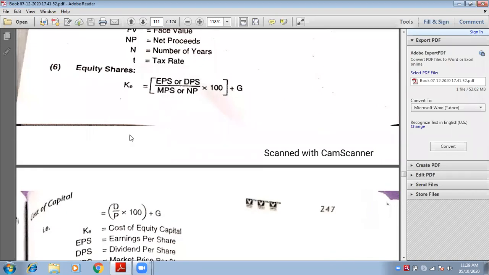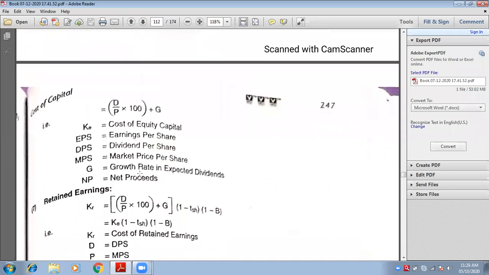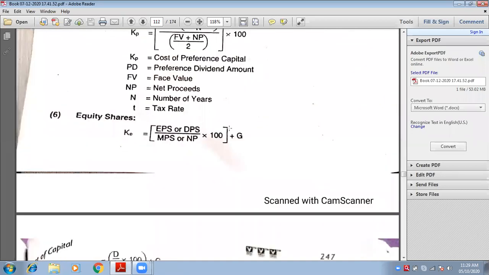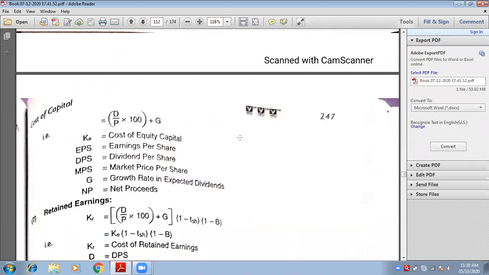आप अभी मैं आपको डिटेल में, आपको अगर आएगा ना ये पॉइंट इक्विटी शेयर्स का केई वाला, तब मैं आपको बता दूंगी ईपीएस क्या होता है, एमपीएस क्या होता है, डीपीएस क्या होता है. ठीक है, अभी आगे बढ़ते हैं. अच्छा, अगर ग्रोथ है ना, ये जी मतलब ग्रोथ होता है. ठीक है, तो फॉर्मूला कैसे होती है, डीपीएस अपॉन नेट प्रोसीड्स इनटू 100 प्लस जी. जी मींस ग्रोथ रेट. ओके.